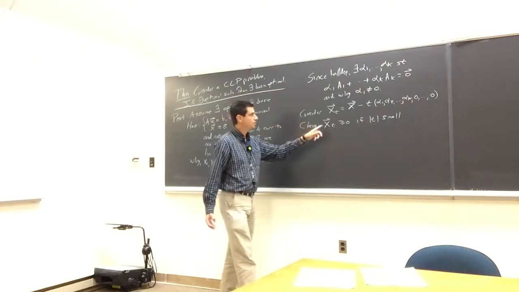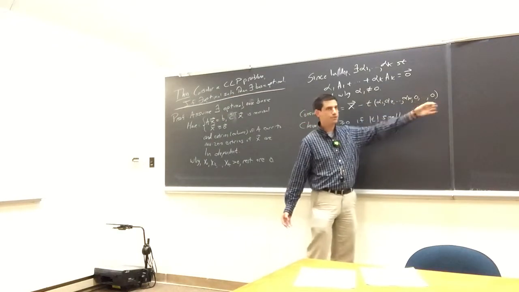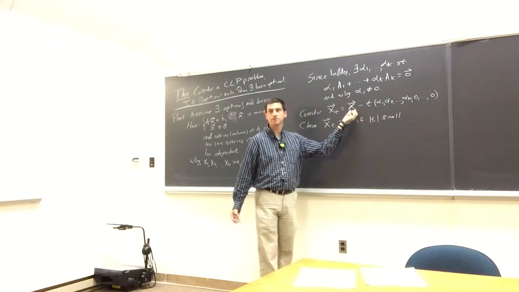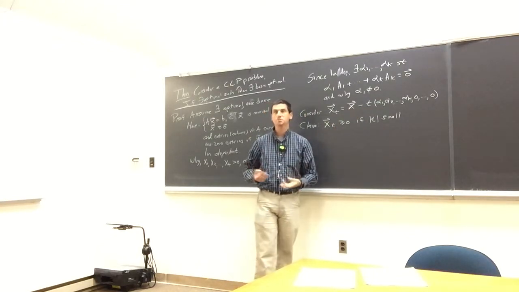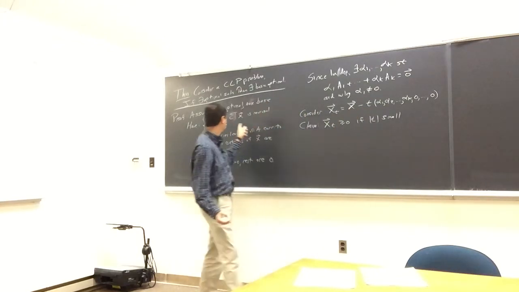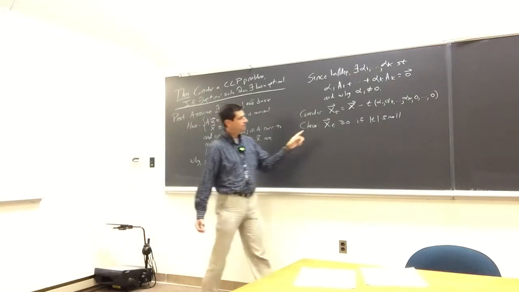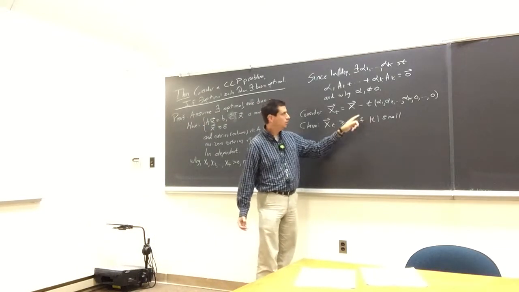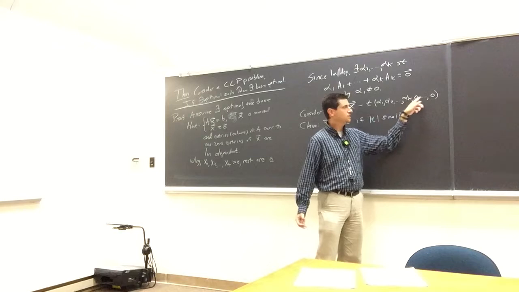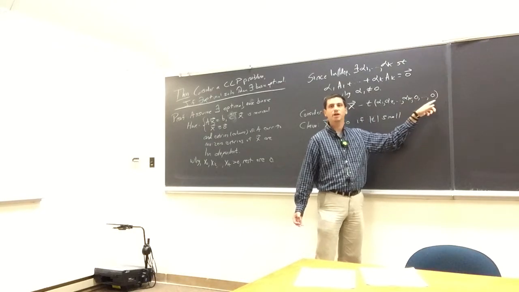If we take t equals 0, this all vanishes, and we get just the vector x. Since x is optimal, x must be feasible. If x is feasible, it has non-negative entries, so some of its entries will be positive and some will be 0. If t is sufficiently small, the zeros at the end always stay 0.